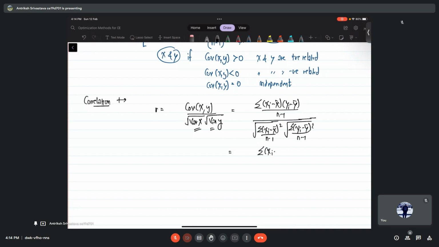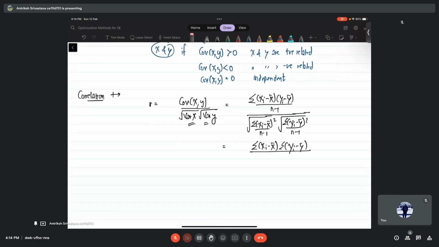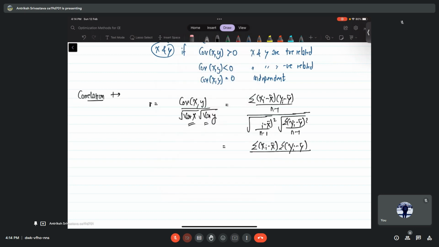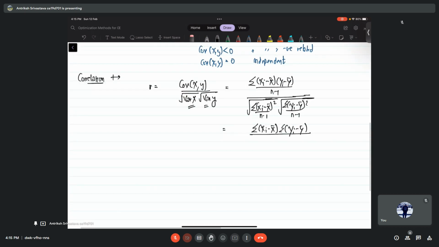We see that n minus 1 is inside the root, it will come out and it will get cancelled. And this square, we can't remove it because the square is inside this sigma. So if you're thinking that we can remove this square and keep this also out, we cannot do that because this square is inside the summation sign. So it will be,